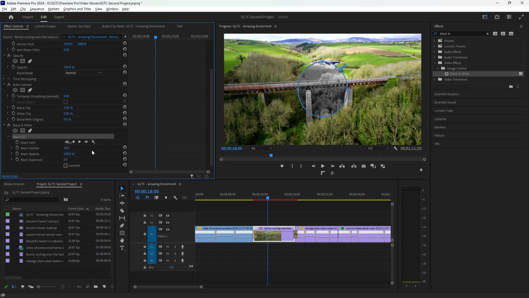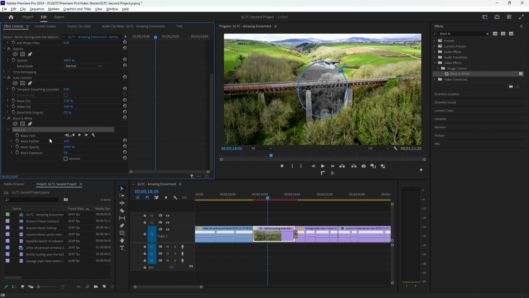Okay, so there are some options like mask path, mask feather, mask opacity, mask expansion. I will tell you one by one later on. So first, let's look at inverted. Inverted means invert the areas that are selected. If I press invert, only the parts that are selected will not be black and white. Other parts will be black and white. As you can see, it moves like this. I will set it as inverted, and then